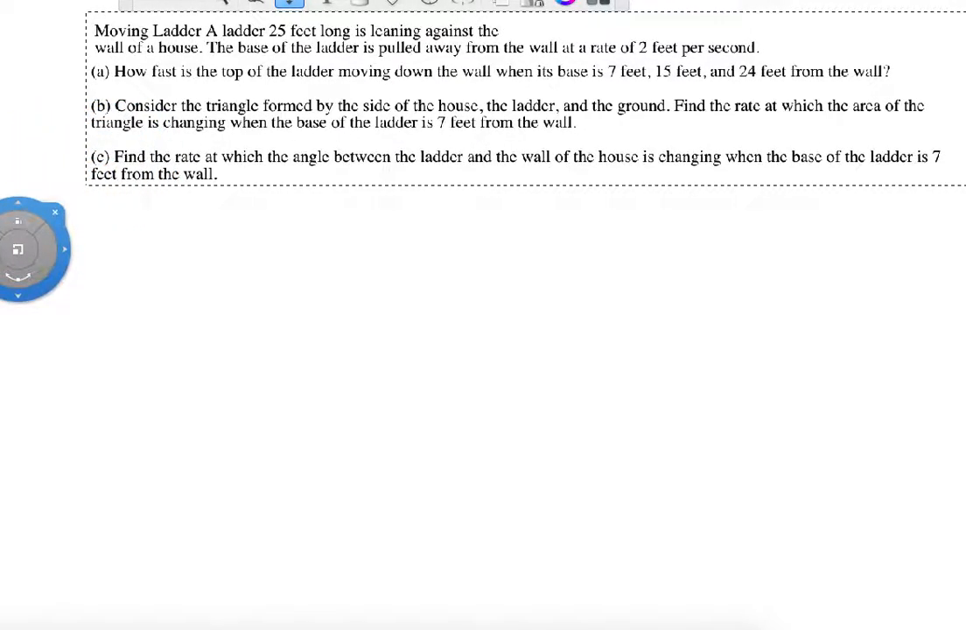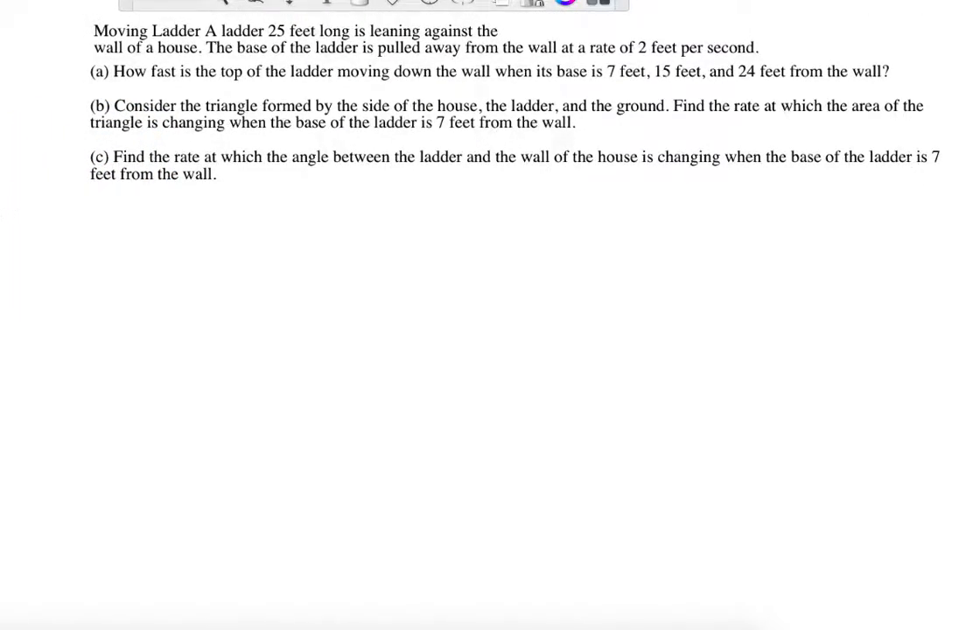In this related rates problem, we're going to find different values based on a ladder that is leaning up against a wall that is 25 feet long. So if here's my wall, here's the ground, here's my ladder, and this is 25 feet. And the ladder is being moved out at the base at, that's my dx dt. If I call this distance x, and this is my height h, dx dt is equal to 2 feet per